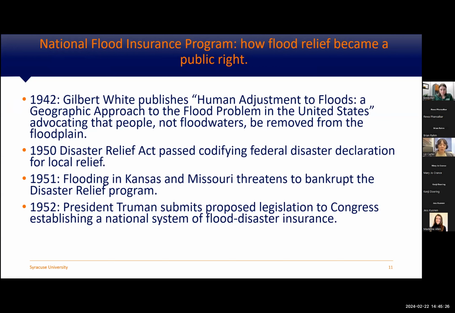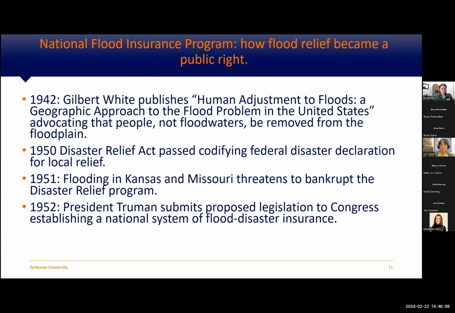So I won't get into all of this, but we are, as a nation, continuing to build flood control infrastructure and continuing to see flood events of sufficient magnitude to push our funding mechanisms to the brink of bankruptcy. So we are trying to figure out as a nation how to adjust to flooding. Should we move humans out of the floodplains, or should we continue to try to constrict the floodplains in the US? And we are seeing that the federal government cannot continue to take responsibility for all flooding damages without going